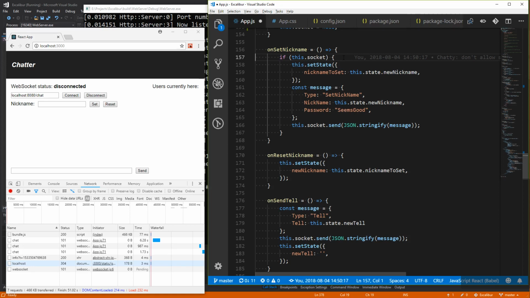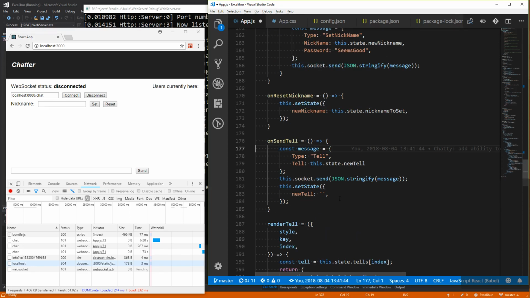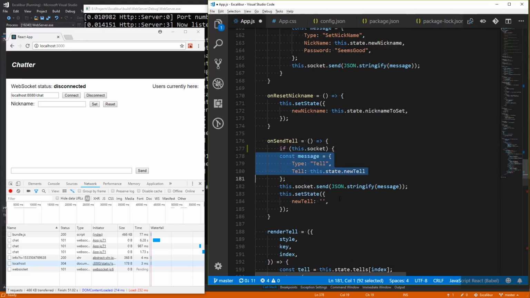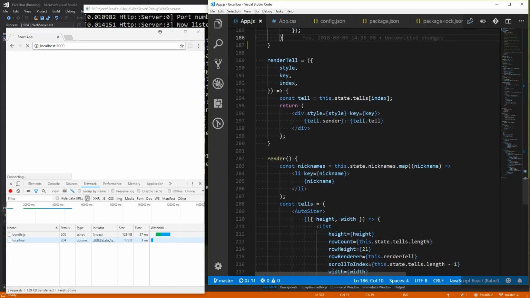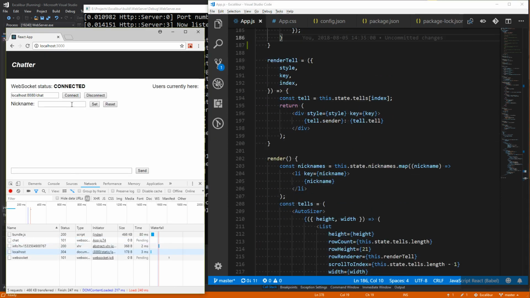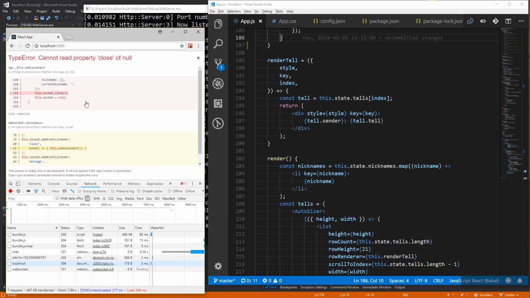We should have the same thing on send tell. Okay, so connect, well, set up nickname, disconnect. Ah, yeah, see, we have to be careful there.